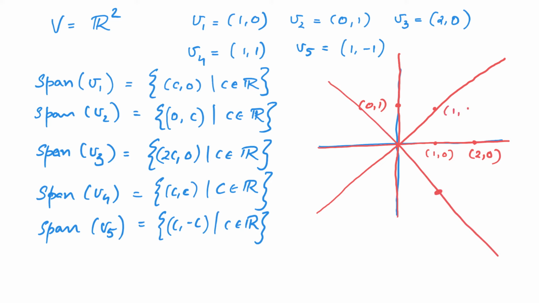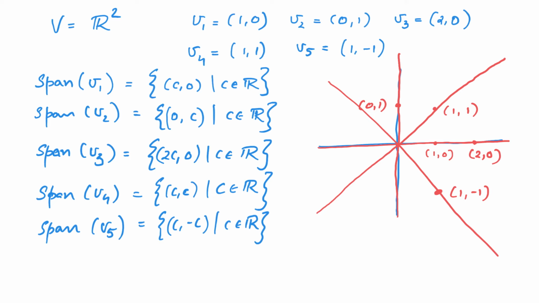Now notice something common. In all these cases, it was very easy to find the span of these vectors. The span was basically the line that passes through the origin and that vector. Now we understand geometrically the meaning of the span of a vector. Notice that span of v1 was the line joining origin and v1, and v3 belongs to this line. Therefore, the span of v3, which is the line joining v3 and origin, is equal to the span of v1, which is the line joining v1 and origin, as any line is determined by just 2 points.